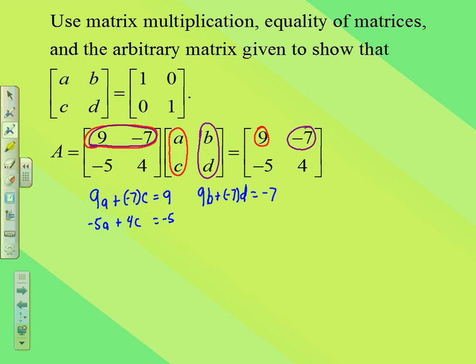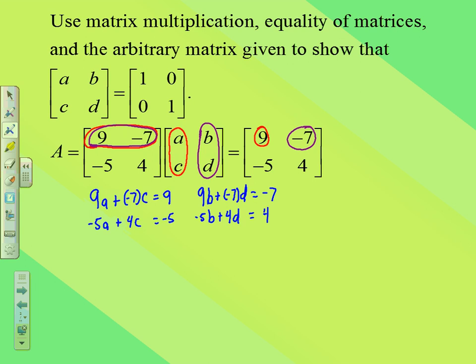We've got one more element here that we have to fill in, and one more equation that would give us essentially a 2 by 2 matrix. So again, we'll say negative 5 multiplied by the B of the second column there, plus the 4 multiplied by the D, and that would equal the last element of the matrix on the right, which is a 4. So essentially, what we have here written out in blue, those 4 equations,